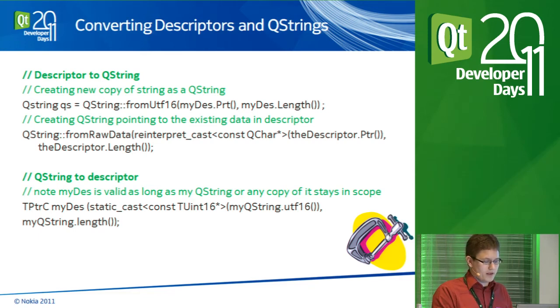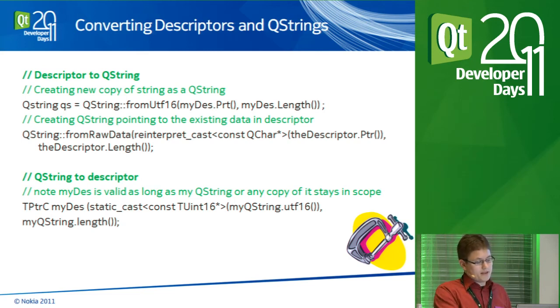And again, get the descriptor's pointer and convert it to the QChar and get the descriptor length, and that's it. And for the other way around, I only have the example of how to make a descriptor that points to the existing QString. In a similar way, give the UTF-16 pointer of the QString and the length of the QString to the descriptor, and you have the